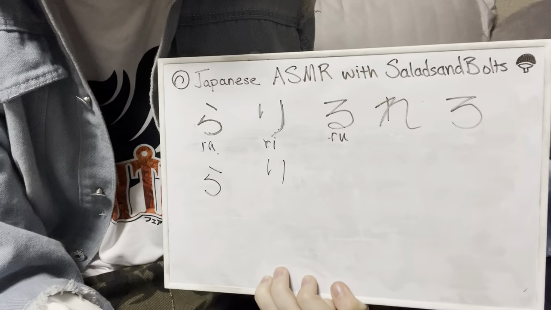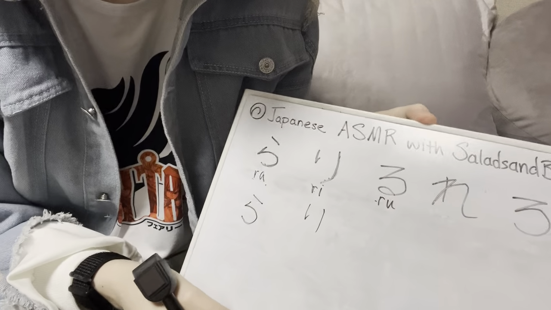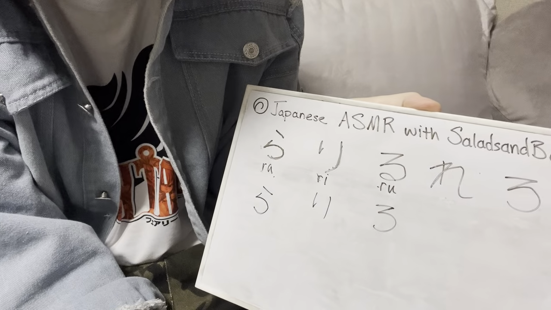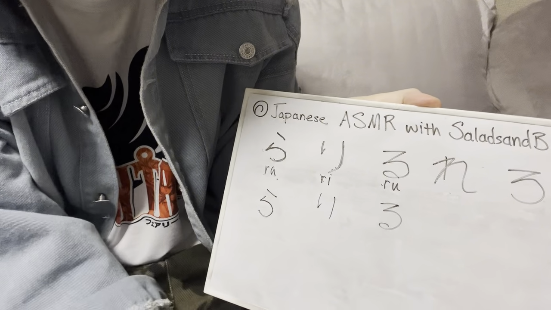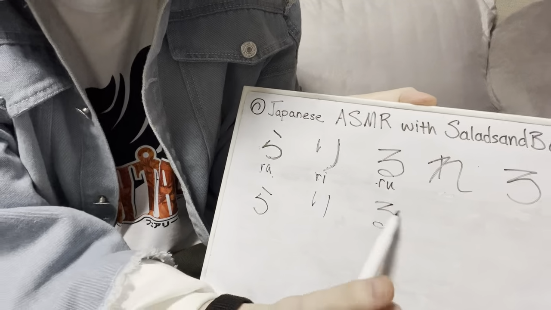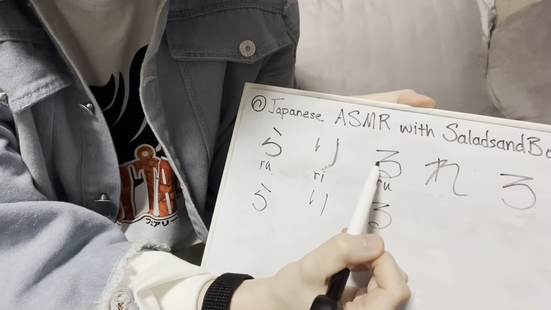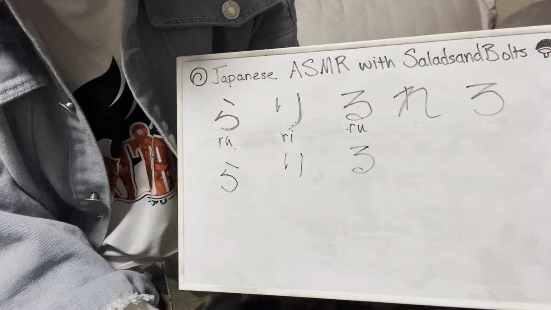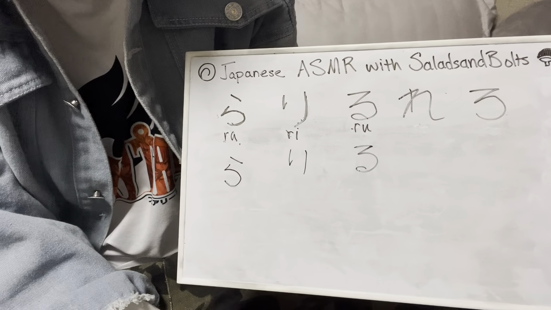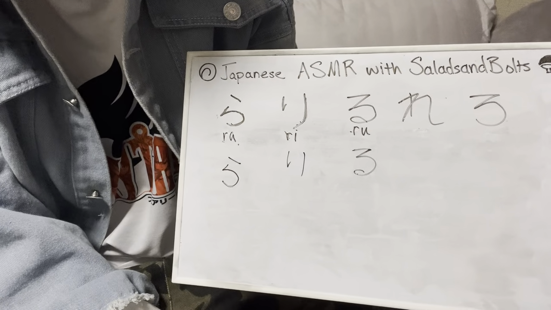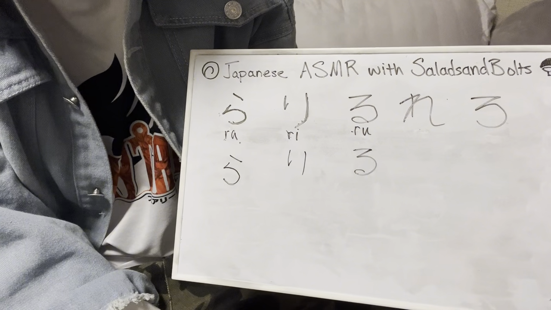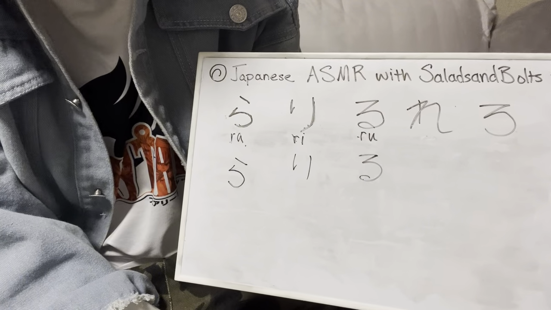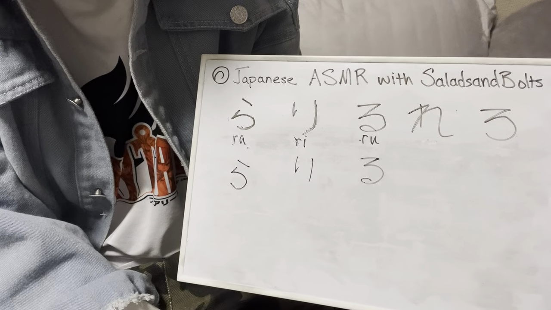Then we're moving on to ru. So this ru, you can remember it. It looks like the number 3, except it has a little swoop. So you write it all in one big stroke. Ru comes at the end of most verbs. So aru, iru, suru, kuru, taberu, hashiru, nigeru. You can have a lot of verbs that have ru at the end.